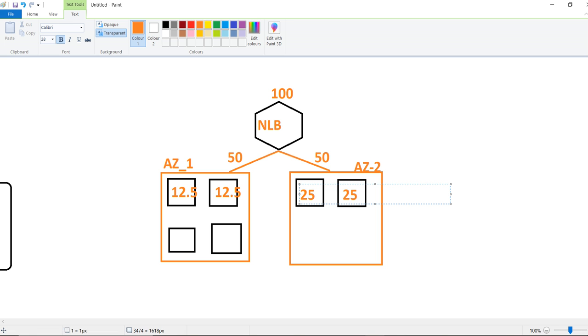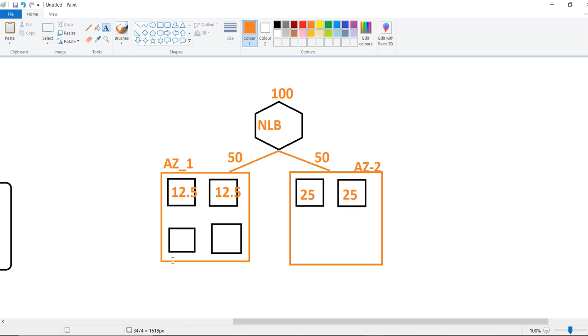So now the burden is on the 2 servers, and on these servers there is no burden, because here we have 4 servers sharing the load. In these circumstances, these 2 servers may have a huge load.